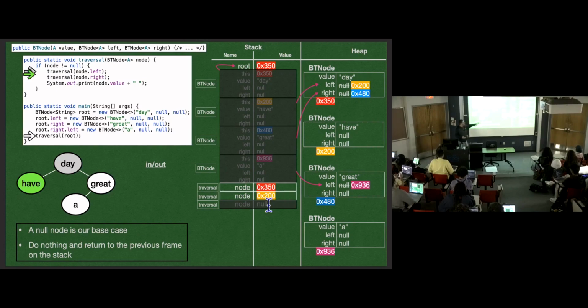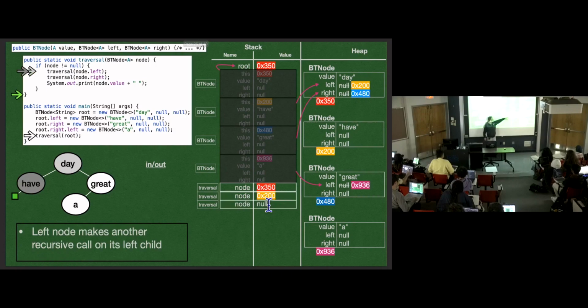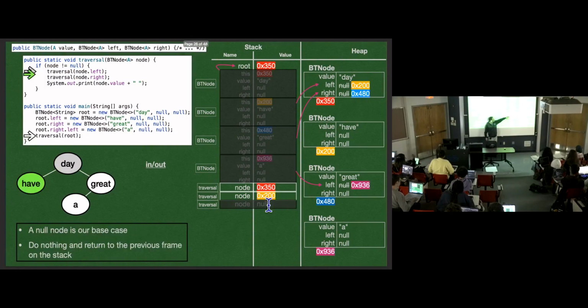And this is where things get, my mind keeps going to tricky. Not tricky, but this is where we start seeing the power of recursion. There's going to be a theme throughout this whole memory diagram. This stack frame right here, it added a stack frame to the stack, so it's no longer the active stack frame. This stack frame then returned, it popped off the stack, and now this stack frame is at the top of the stack again, meaning it's the active stack frame again. And the question we have for the stack frame is, now that you have control again, what are you going to do?